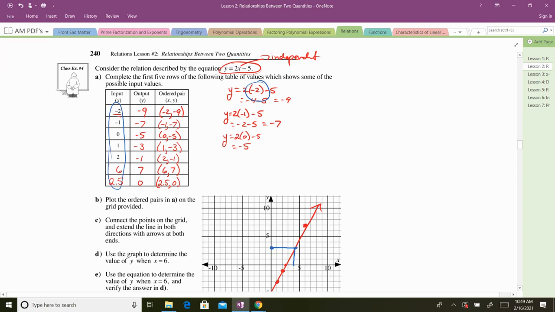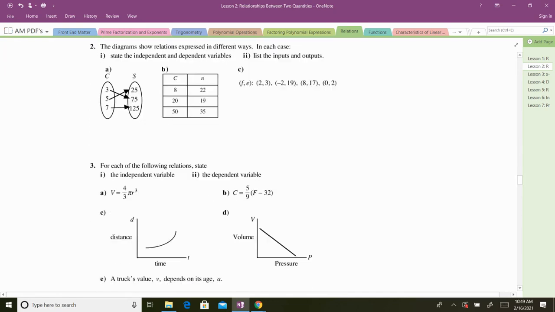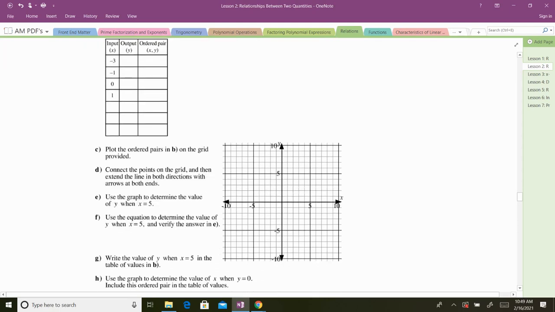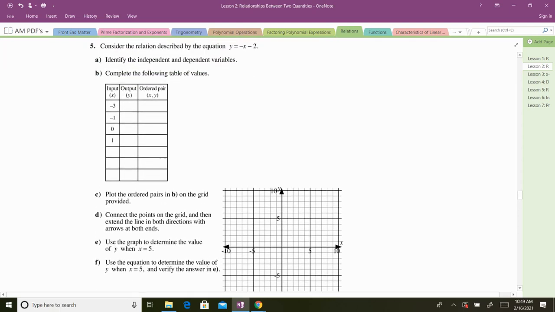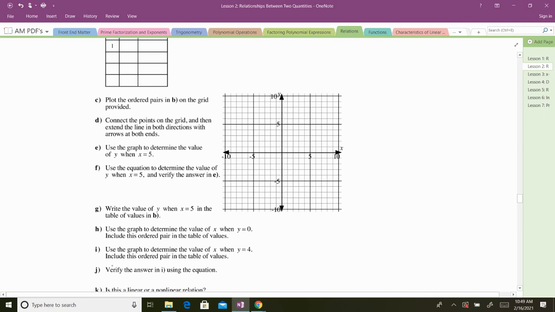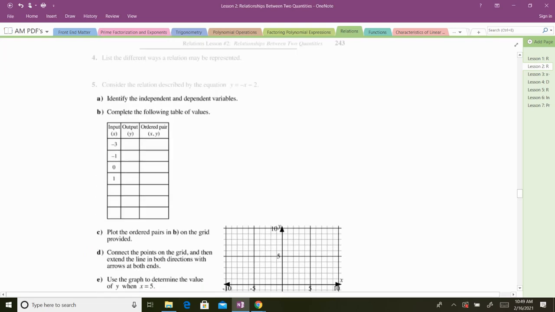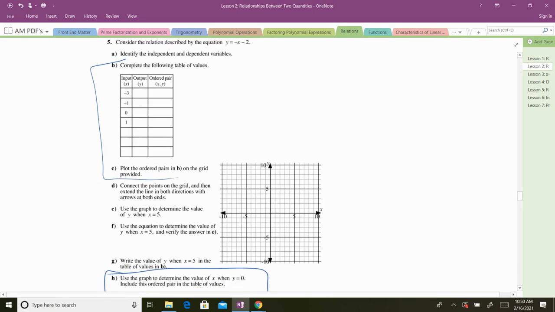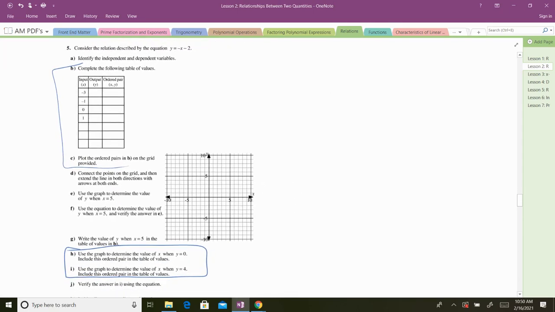Okay? The only question I want you to do is number 5, and you're basically just graphing it. Go to number 5. Where's number 5? I want you to complete the tables and plot it. So do B and C, and then do H and I. That's what I want you to do. B, C, H, and I. For number 5, please